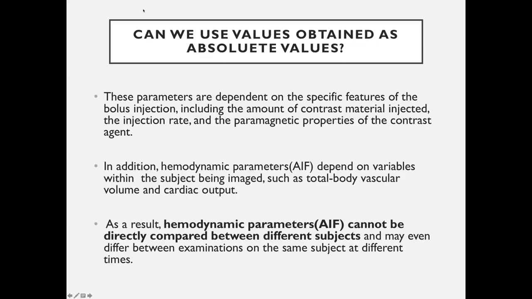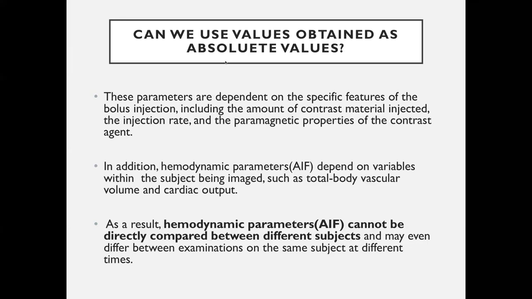So knowing these things, now when we obtain CBV, CBF maps, we will get some mathematical value there, like 110, 100. When we place an ROI on tumor, you will get some mathematical value there. Now, can we use values obtained as absolute values, like 130? Can that value be used as such, or is there a problem to it?